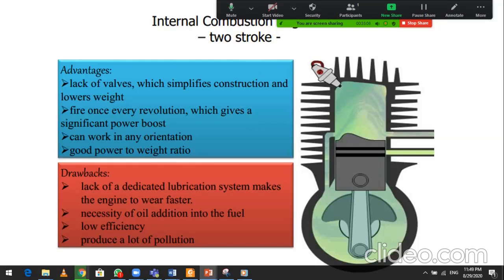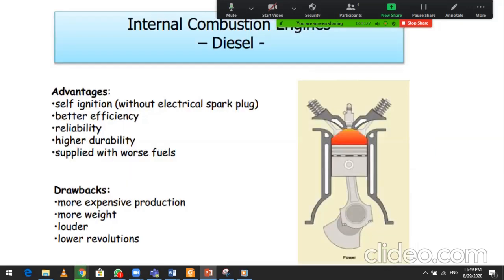Lubrication system में problem है, necessity of oil addition into the fuel, तो जरूरी होता है कि आप ऑयल एडिशन इनटू फ्यूल डालें, जहां आप फ्यूल डालते हैं। Low efficiency and produce a lot of pollution. इस इंजन से आपको पोल्यूशन बहुत ज्यादा मिलेगी।